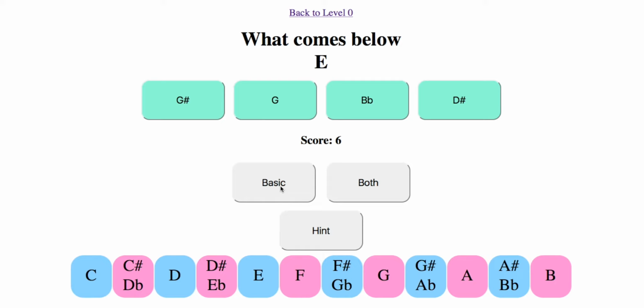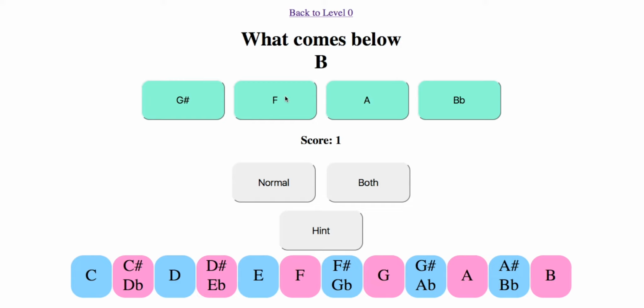The other thing you can change on this is basic. This is basic using only these letter names. If you remember from the previous video, we talked about how E is also F flat and F is also E sharp. If you put it to normal mode here, you get E sharp and F flat as options, as well as B sharp and C flat. Okay? So let's see that in action.